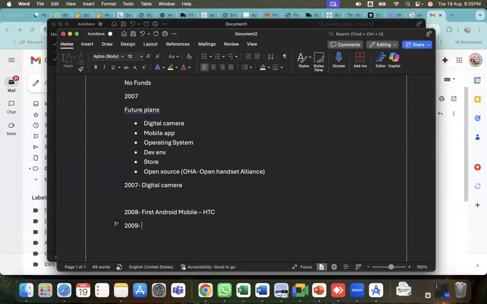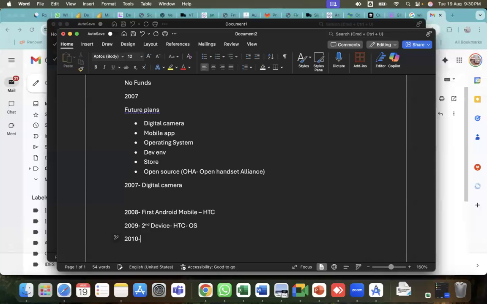they released a second device, again through HTC, as an operating system. So they released it in the market in this year. Even this time they got the same result, no one showed any interest in this. So then immediately